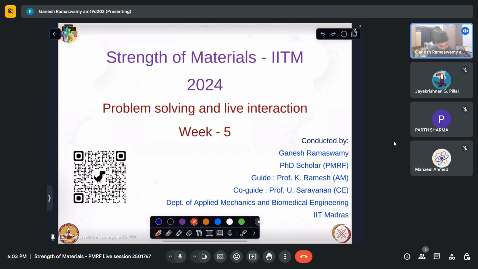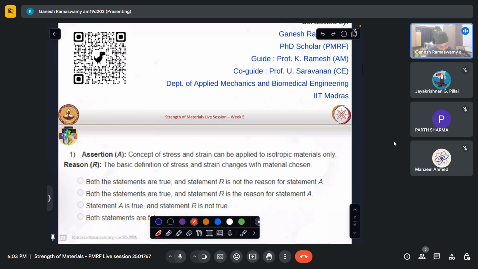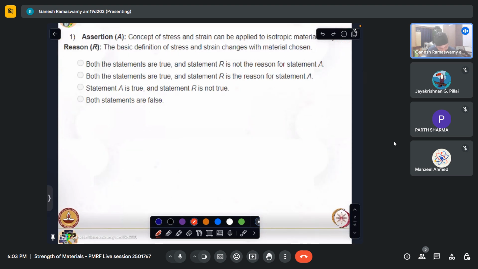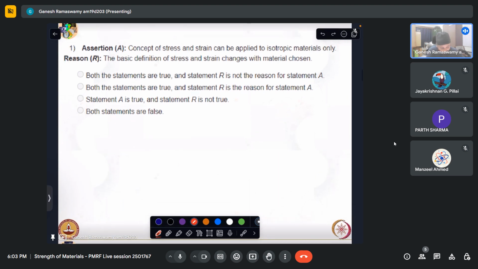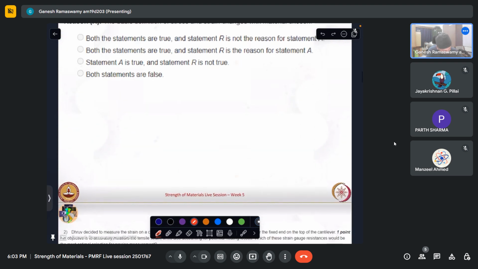Okay, so I'll get started then. So let us look at the first question. It says there is an assertion that the concept of stress and strain can be applied to isotropic materials only. And the reason given is the basic definition of stress and strain changes with the material chosen. So what we saw in the previous discussions was that we have displacements and we want to relate them to forces